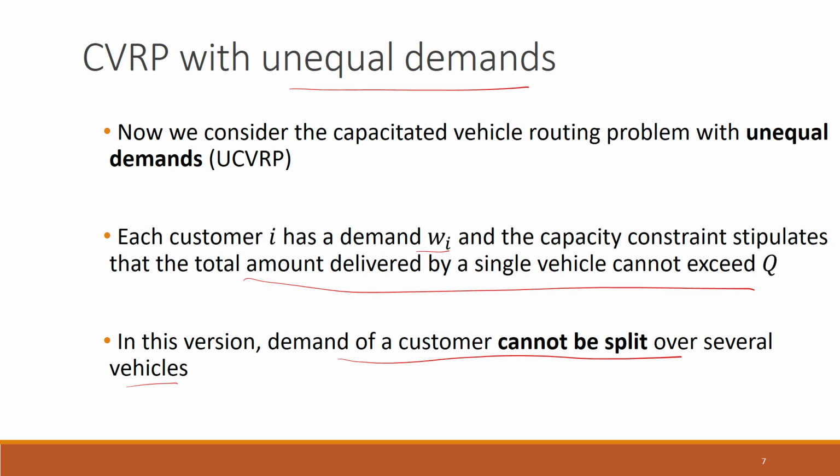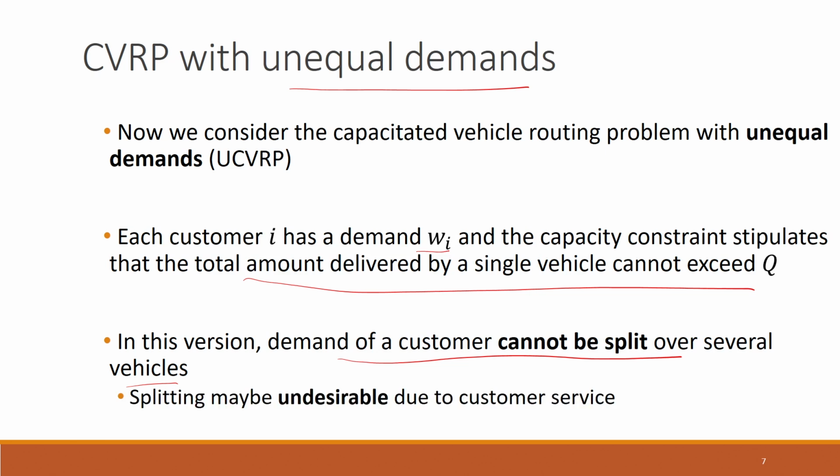So, in this case we do not allow the demand to get split among multiple vehicles, okay, and this splitting may be undesirable due to customer service and so on, because it may not be convenient for a person to keep receiving, say if he had asked for 10 units of a product, so then one vehicle gives him 1 unit, then the other one gives him 3 units, then 1 and so on, I mean, okay. So, this is very